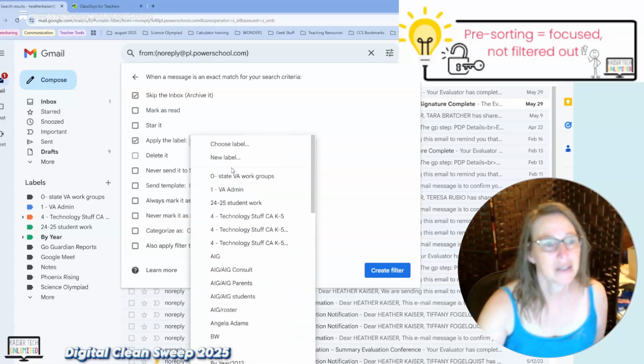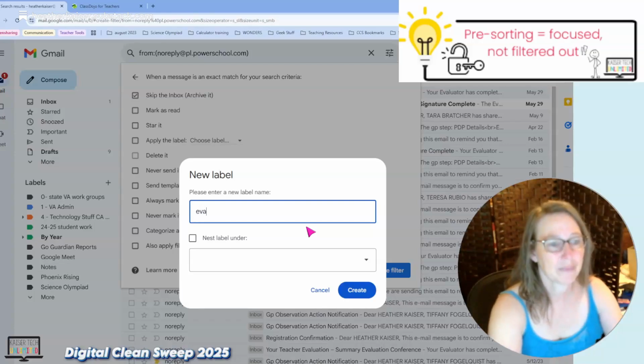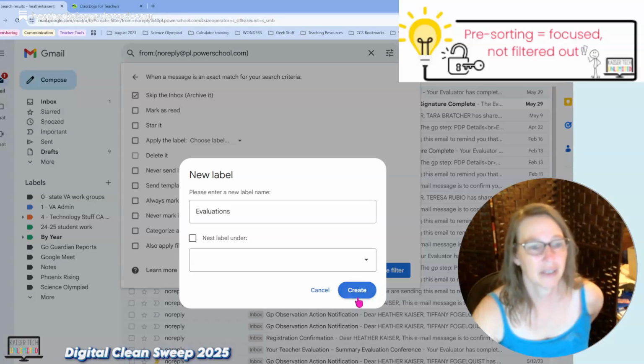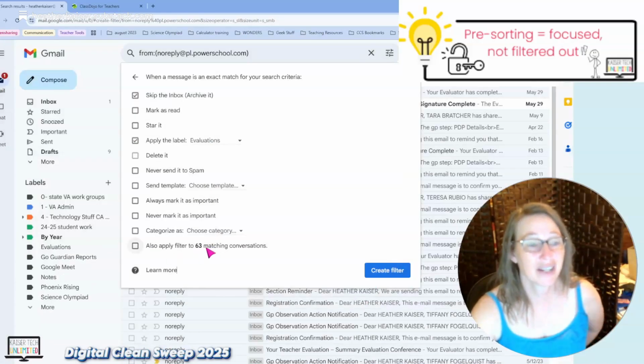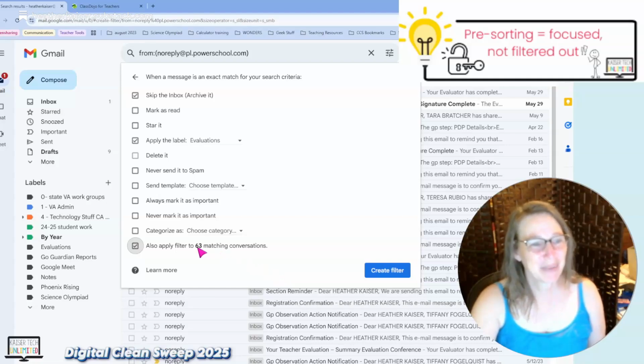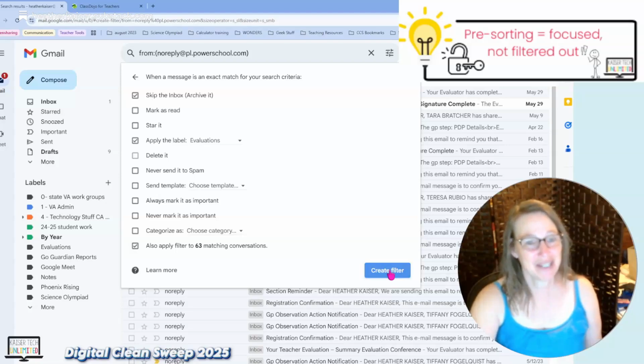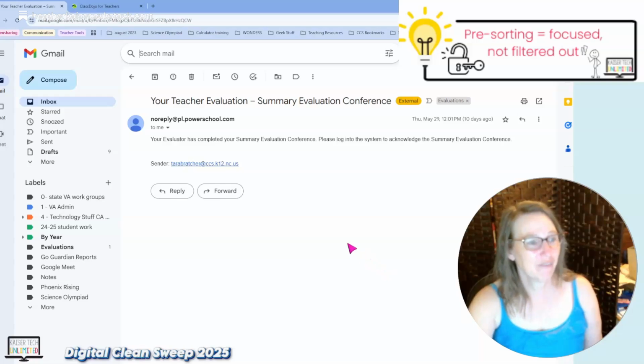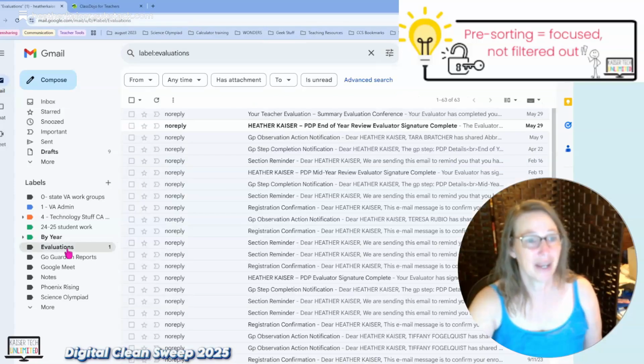Nope, I don't. So I'm going to give it a new label, and I'll click create. Then I see that there are actually 63 emails in my inbox somewhere. So I'm going to apply that filter to the 63 conversations that are all about evaluations. As soon as I create that folder, I see the evaluations label has popped up, and notice it's bold with a number 1 next to it